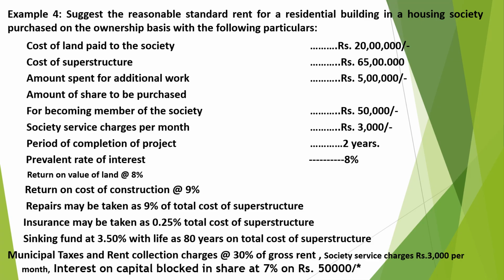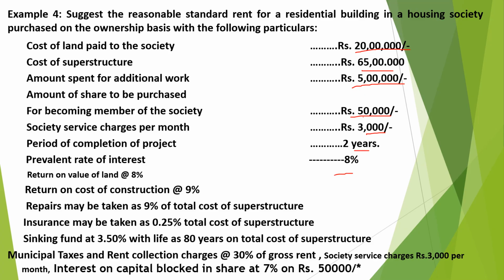Then another example suggests the reasonable standard rent for a residential building in a housing society purchased on the ownership basis with the following particulars: cost of land paid to the society rupees 20 lakh, cost of superstructure 65 lakh, amount spent on additional work rupees 5 lakh, amount to be paid for becoming the member of the society rupees 50,000, society service charges rupees 3,000, period of completion 2 years, prevalent rate of interest